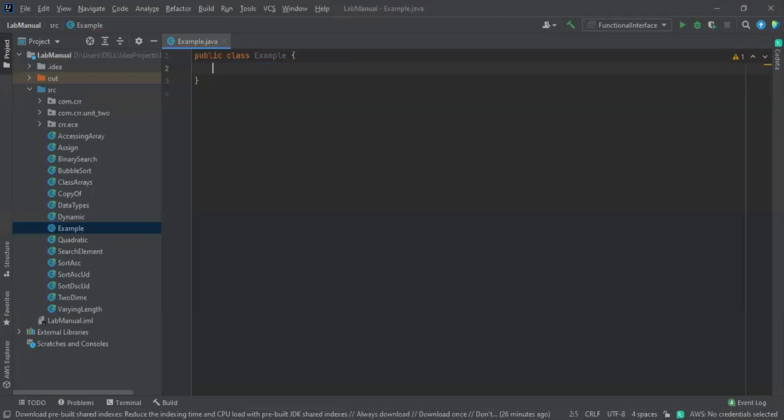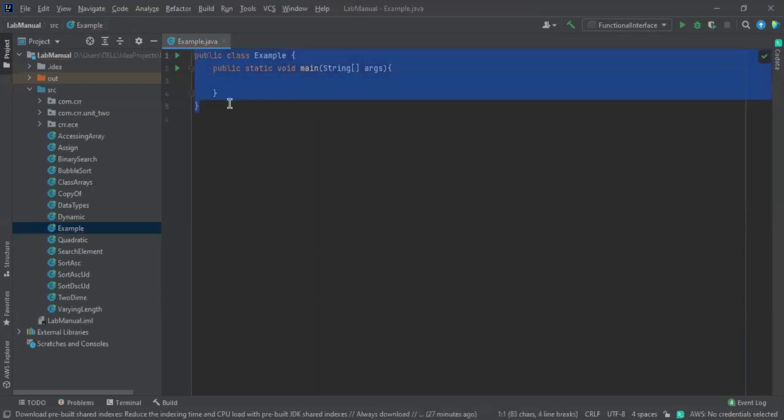Okay. Now for the main method, it is essential to mention public, because every time we are going to access that. That's why we should mention public over here. Public static void main. Each and every program starts with the main method. And how is the compiler going to identify this is the main method? By using a String single dimensional array, and this is a user defined variable name. And this starts with the brace.